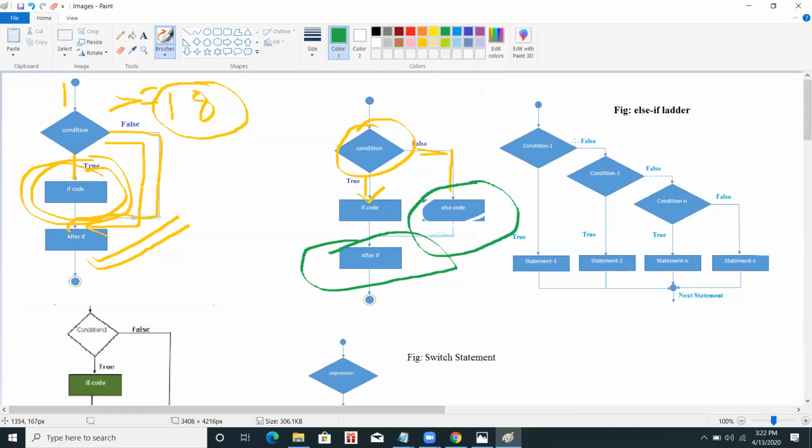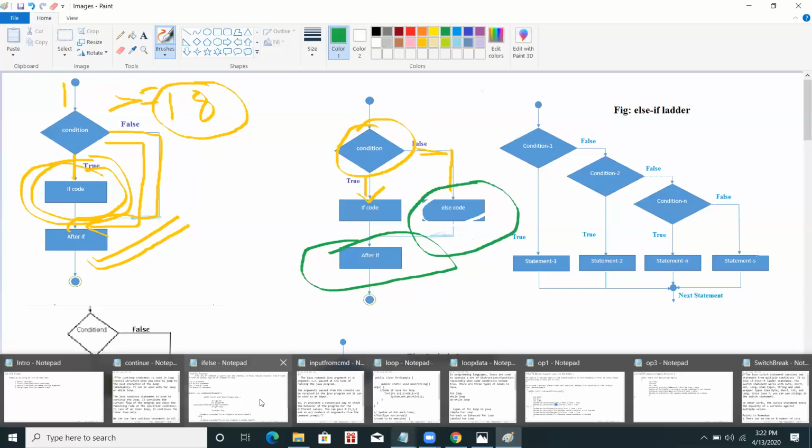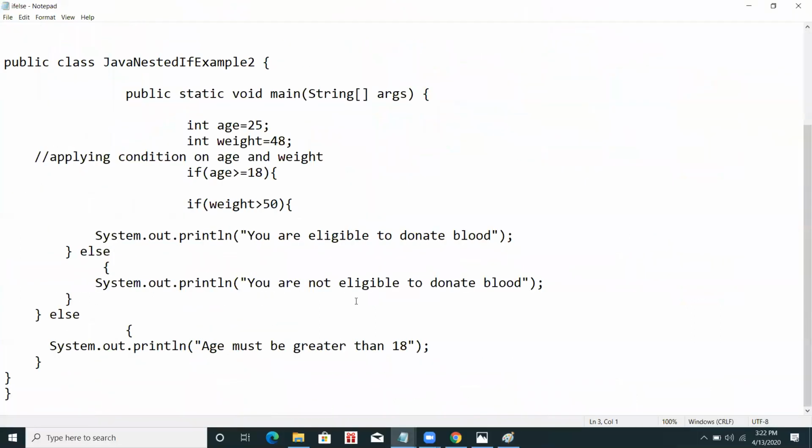When we have multiple conditions to check, for example, the marital status of a person, then I give many conditions: the person is married, not married, unemployed. So these are simple, different conditions I am providing. This is not a big example.